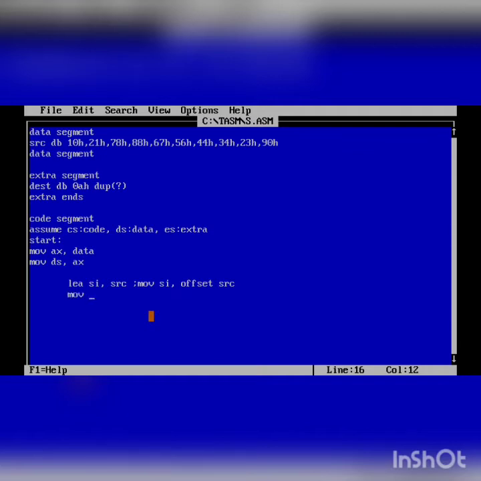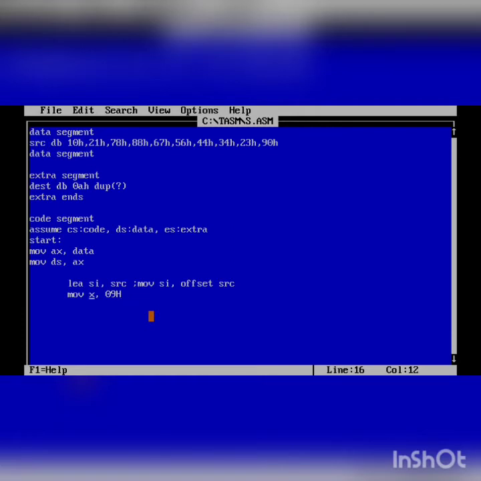Now let us initialize the counter. Move CX as my I reaches the second last element, not the very last element, the 10th element. So we will initialize the counter to one less than the given size. There are 10 elements, initialize the counter to 9 only.